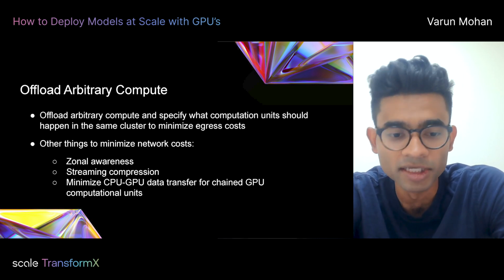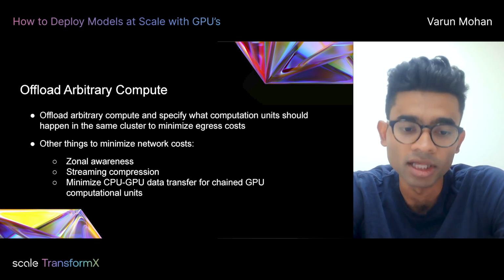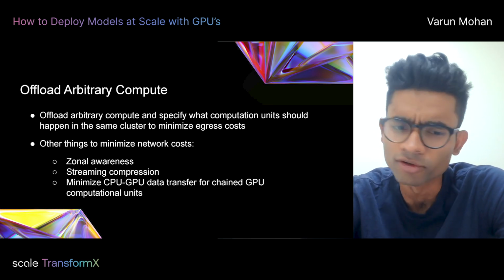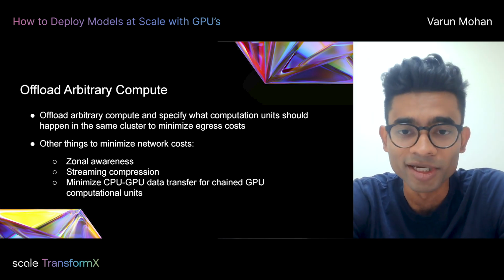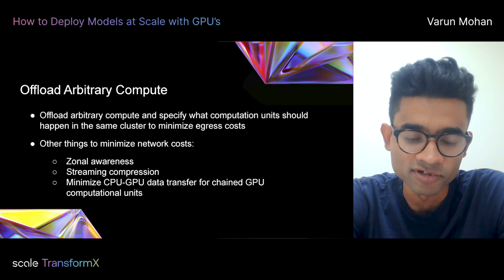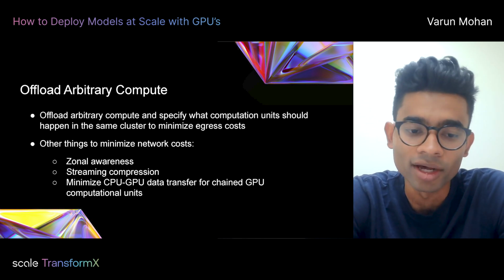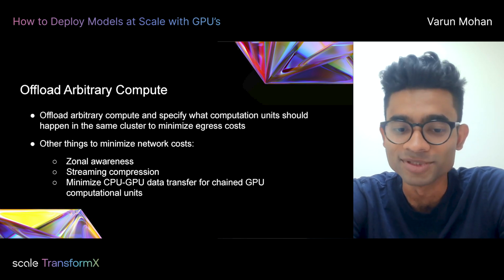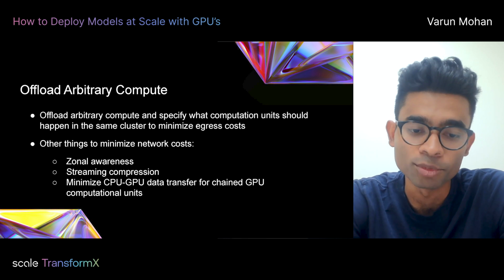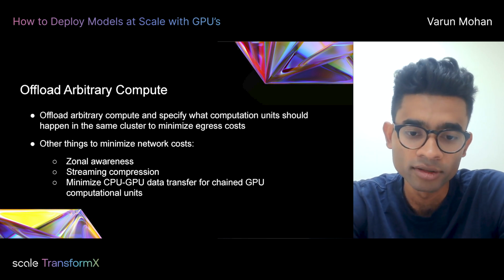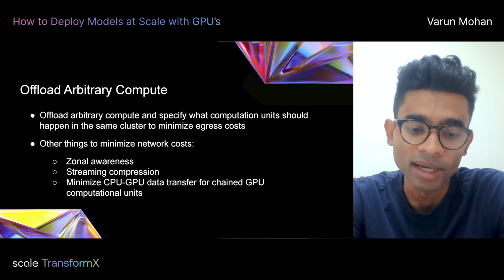It does mean you might need to spin up more GPUs than necessary, but if you limit the set of zones where your clients run, that's totally fine. The other ideas we end up having are ideas like on-the-fly streaming compression and decompression. For some of the autonomous vehicle companies we work with, they send over sensor data. A lot of the time, a lot of the data is empty or the same value. And being able to very quickly, on the fly, in a compressed way, stream data back and forth provides us over an order of magnitude win in terms of latency and bandwidth, actually.